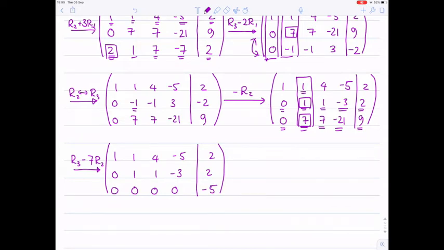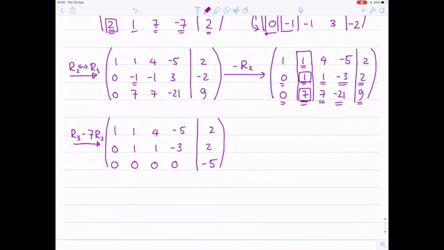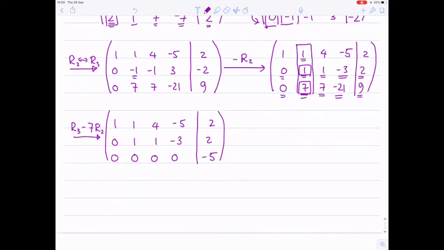And it might be tempting to carry on at this point, but if you look at what equations this represents, you can see immediately that this system doesn't have a solution. So we could write this out, we could go and fully reduce this, but if you're anything like me, the less you have to do of this kind of thing, the better. So the key thing over here is to notice that